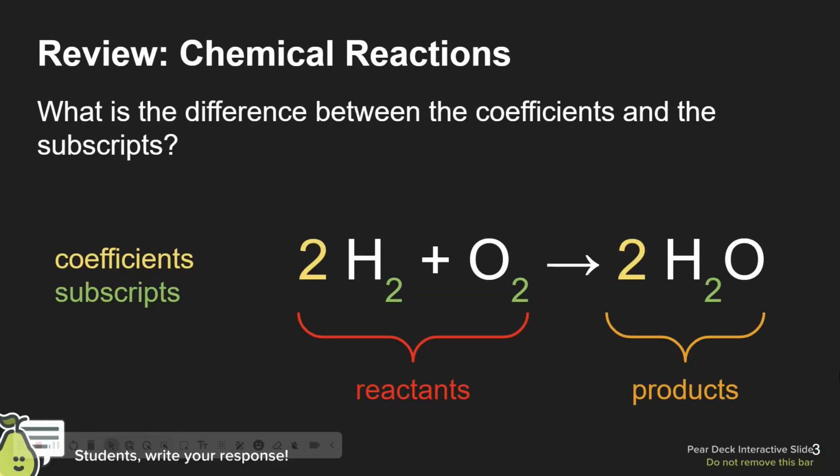When we look at a chemical reaction, remember we have two sets of numbers. We have the coefficients out front, which basically show us how many atoms or molecules are reacting. And then the small numbers we call subscripts, and that's how many atoms are in each of the particles. Additionally, on this slide you see the red side are the reactants, which are the substances that react with one another or go into the reaction. And then on the right side after the arrow are the products, which are created by the process of the